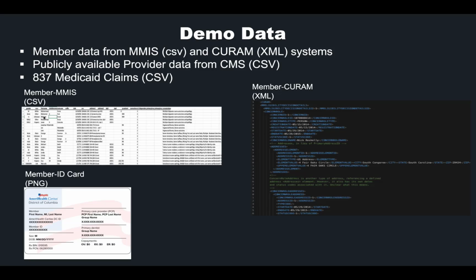So what I have here is the member data from the MMIS system, which is a relational system, and the data is in the CSV format from that system. And I have member data coming from another system called Curam, which is in an XML schema. And as you can see, though both are data about the member, they are in a different schema, different format. In fact, the CSV format is quite a flat schema versus XML is, as you can see here, a deeply nested